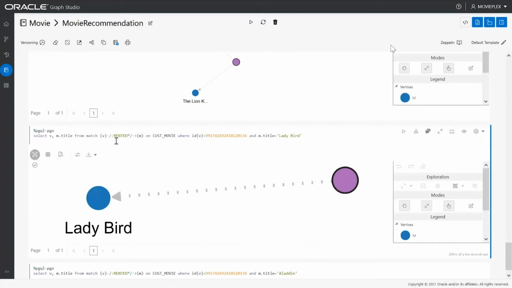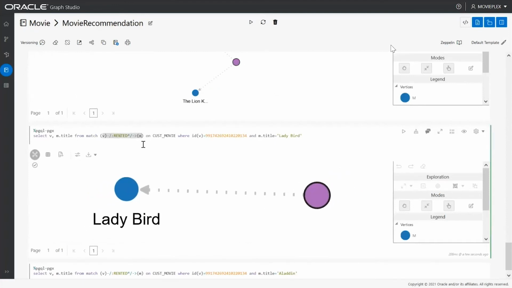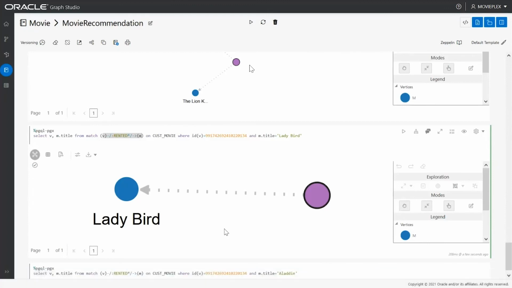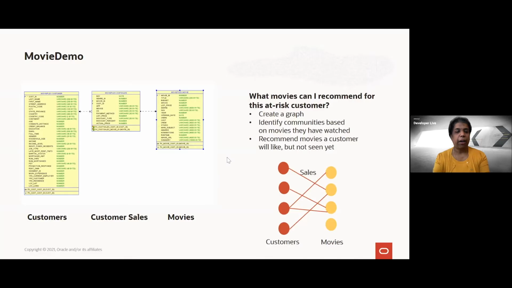Looking at the next example here, Lady Bird, again, there's a connection between this movie and this customer. And once again, it's a dotted line connection, not a direct connection. So this is a hidden insight that graphs are able to find for me that I could not find directly from my data set. So going back to my slides here,